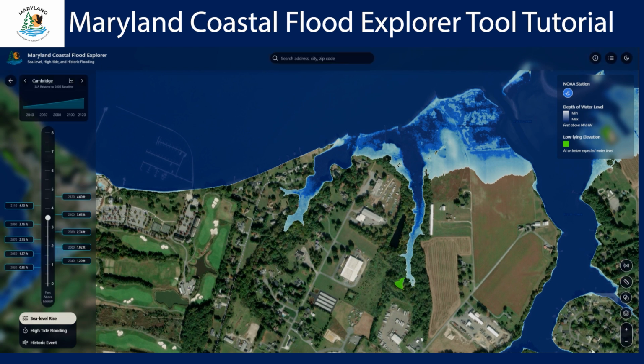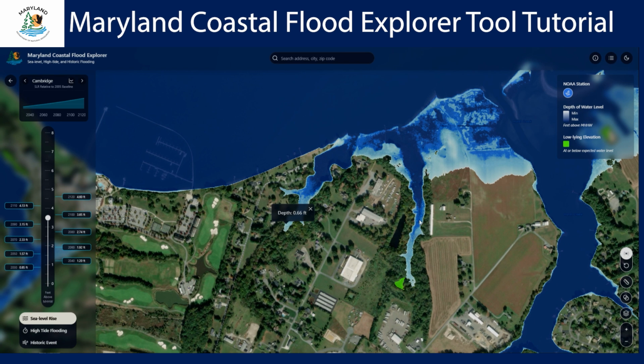So now we're in the bottom right corner of the tool. In this corner, you can use the measure depth tool, the measure distance tool, the water opacity tool, and finally the base maps and layers to add additional context to the flooding map that you're looking at. I'll start off by using the measure depth tool. Here you click on the toggle button and then you can drop points to measure the depth of water at these points along your map.